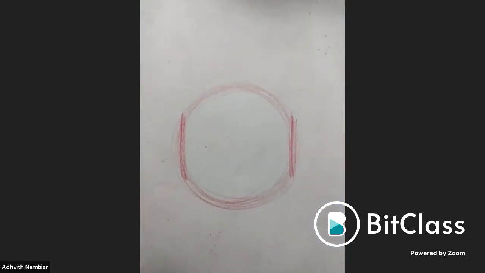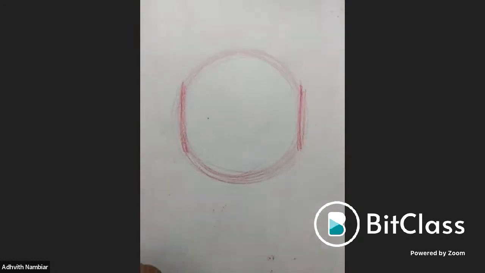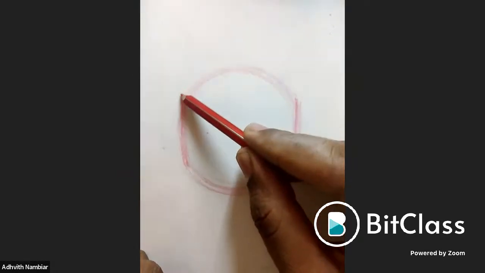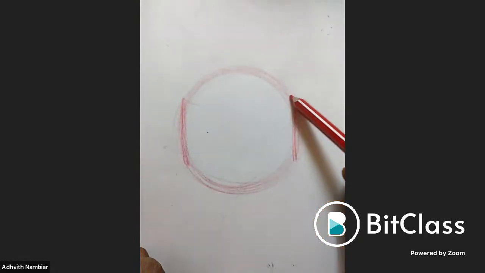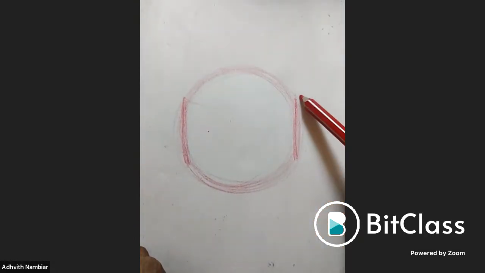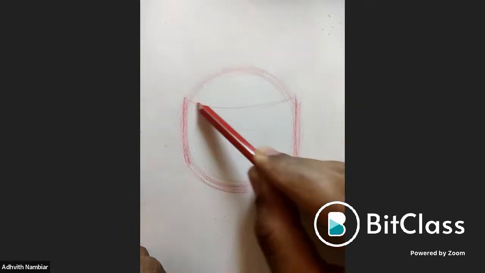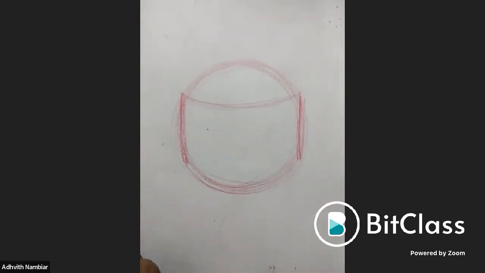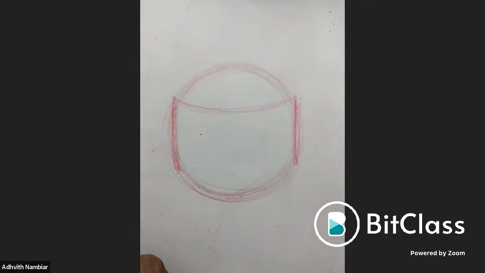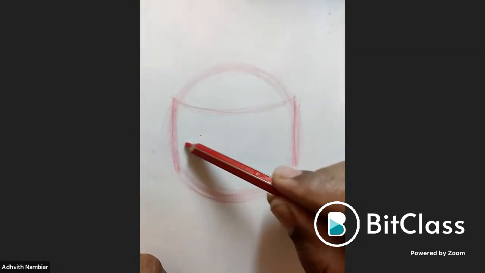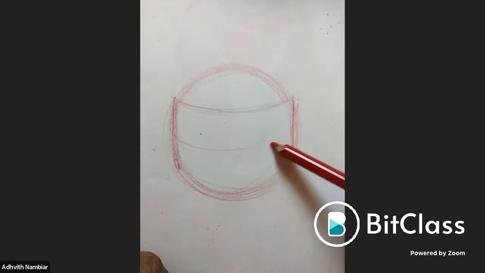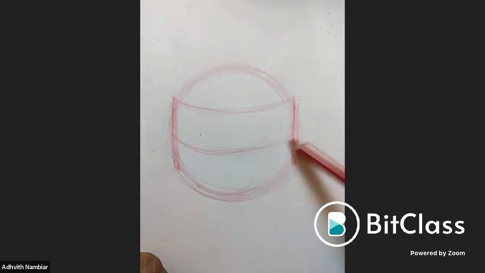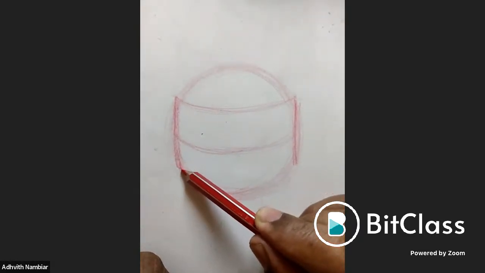Okay. Now let's just divide it. First, I'm going to divide it with a shape like this that goes around from the top of this side to the top of this side, in a curved line, because it's a round object, right? And on a round object, you'll only have curved lines. Then straight through the middle, I'll do another curved line. And then one from the bottom,